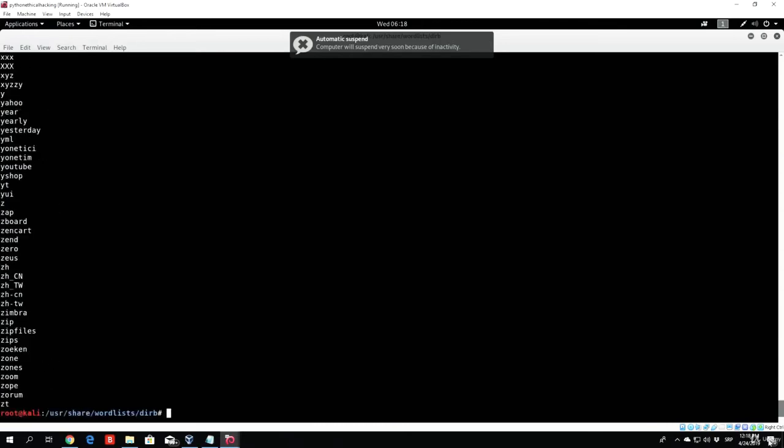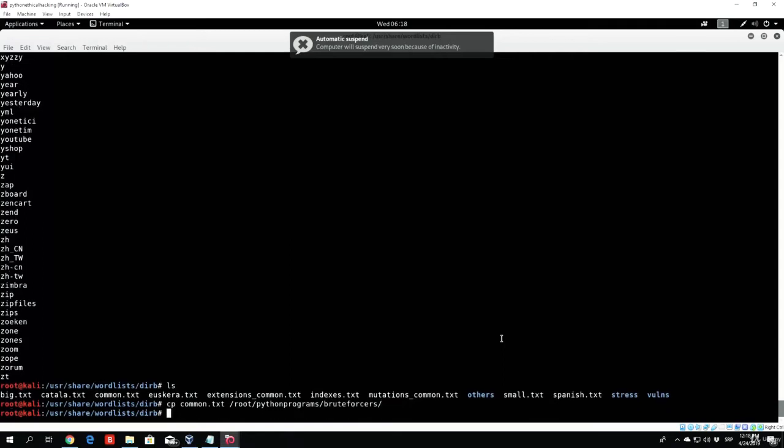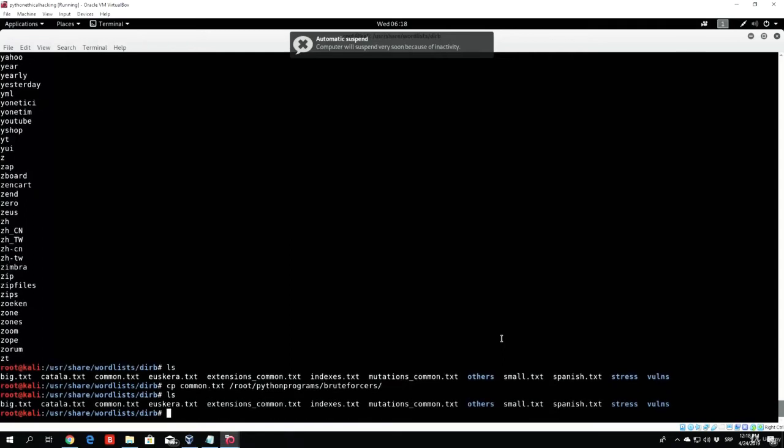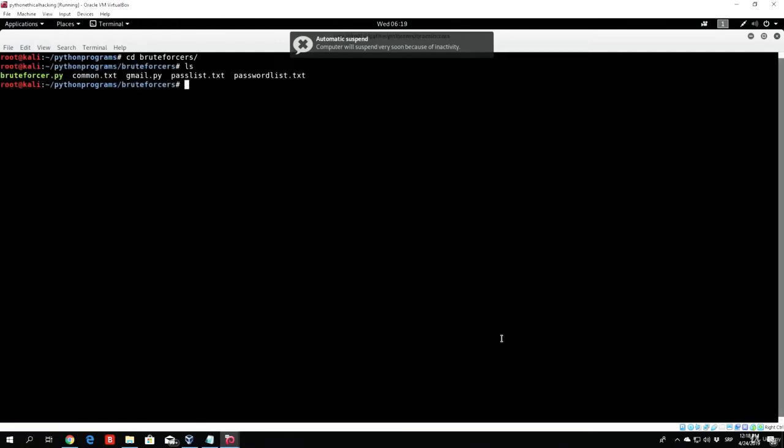So first of all, what I want to do is copy this common.txt to our root/Python programs/brute forcer. Even though this is not really a brute forcer, we will just put it in that directory, it doesn't even matter. We are basically brute forcing directories. It is something similar. So let us go to that directory, go to brute forcers, and let us nano our